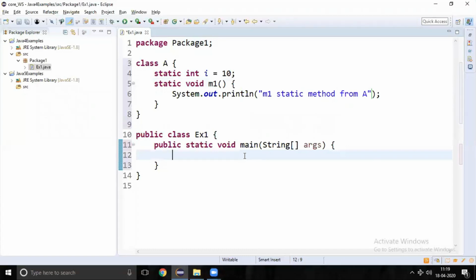How can we access A class static content from the example class?